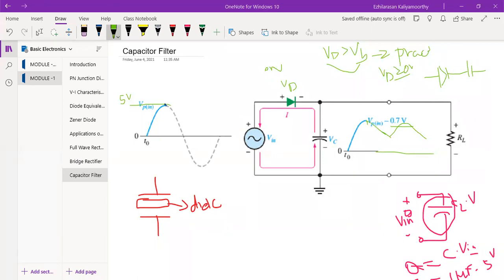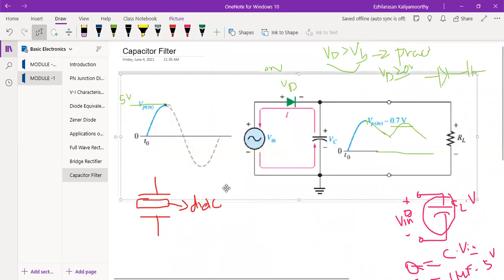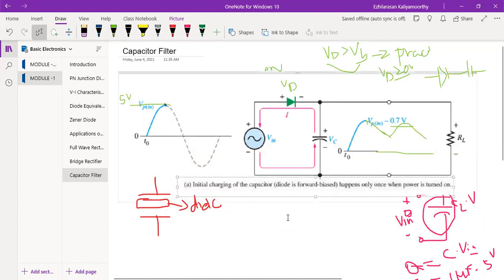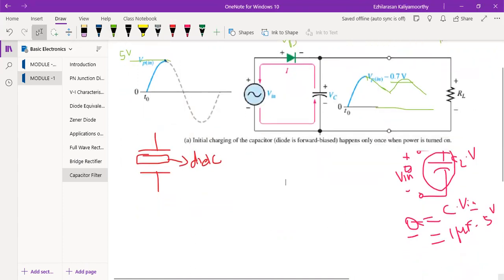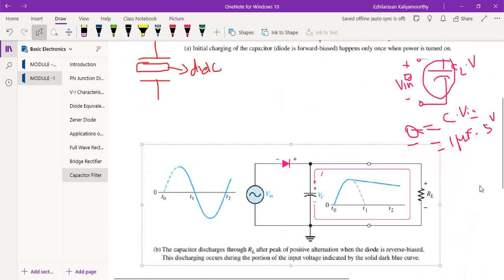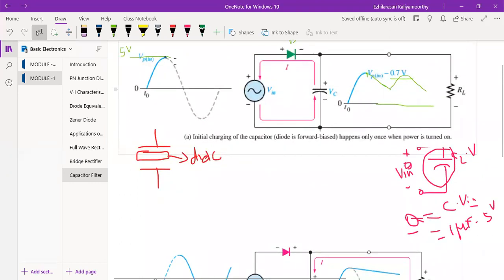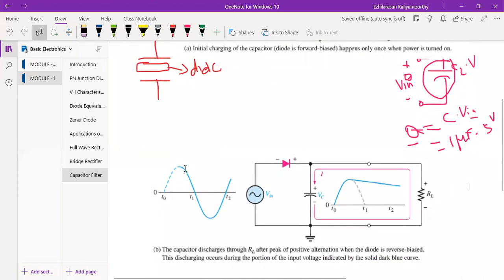So let me put the condition elaborately for you. Now let us see elaborately what will happen during the negative cycle. That also you need to know. I said this is positive, right? So let me show what will happen in the negative. Up to the peak is fine. What about after that? Your input voltage gets reduced, it goes back to negative, then positive.